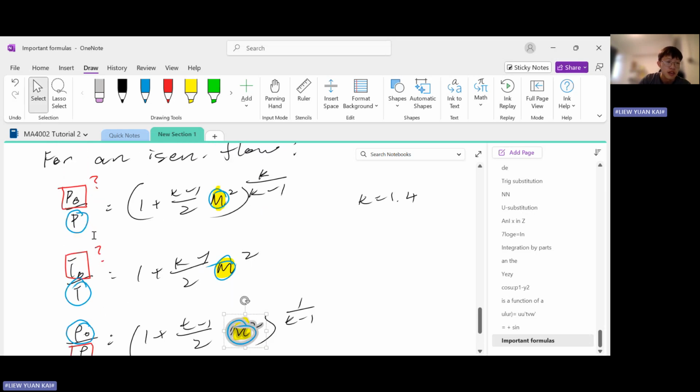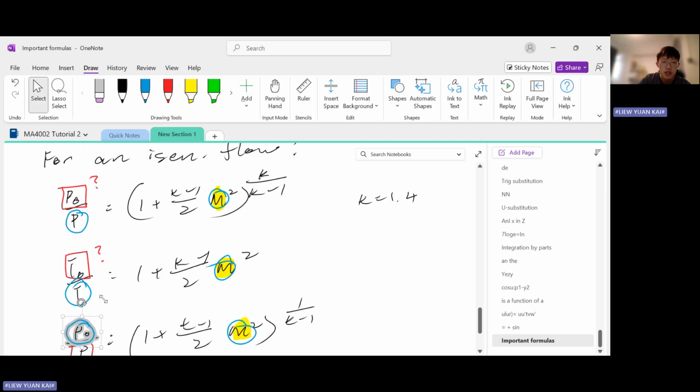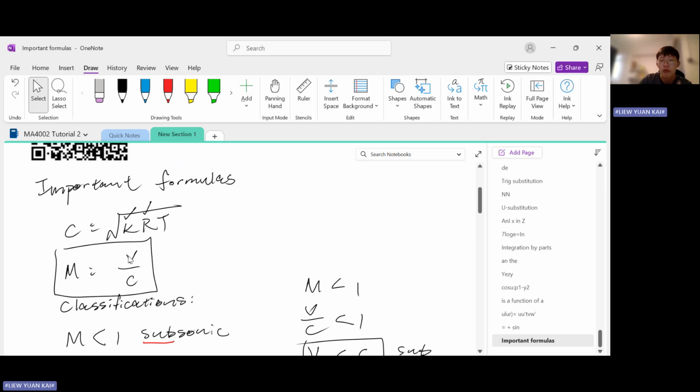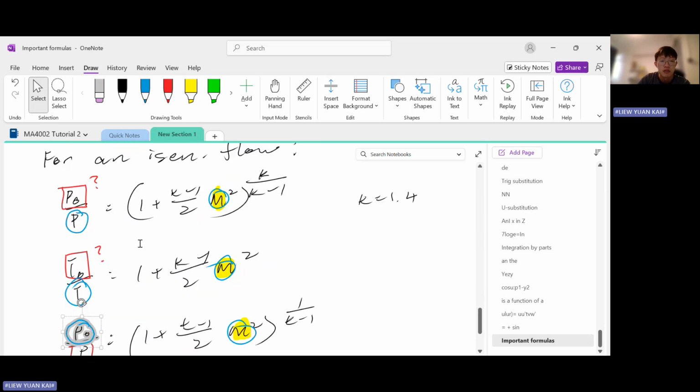For example, in the first two we need the static pressure and static temperature, but in the last one we need the stagnation density. But the point is that everything throughout needs a condition and a Mach number. That's why Mach number is so important. Why I list it out as important for us is because you always need to calculate the Mach number in order to calculate some condition. So that's the importance of Mach number. That's all I have to say about this.